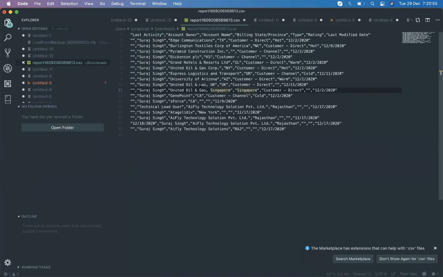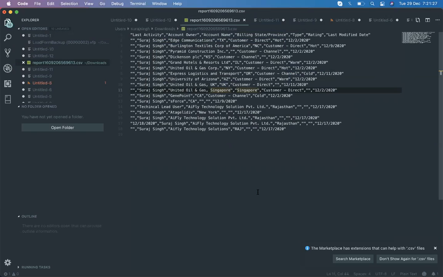And this file is only used to export the data. It's comma separated values, so it can easily be exported and sent over to Salesforce or any third-party tool to import the data. So this is the most important file. Mainly this file is used for data migration. Whenever we have to move the data from a legacy system to Salesforce, or Salesforce to Salesforce, we have to do that data migration manually.